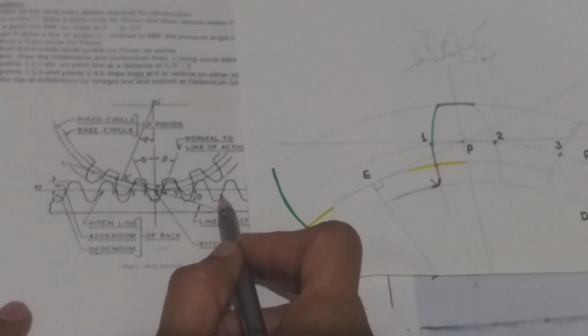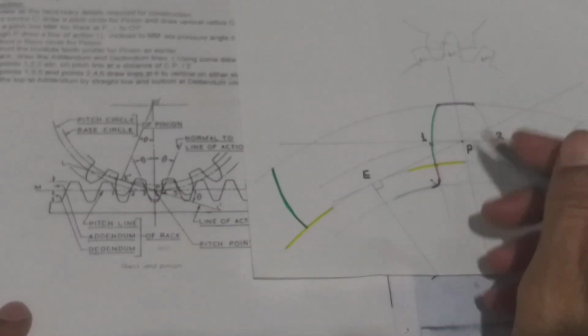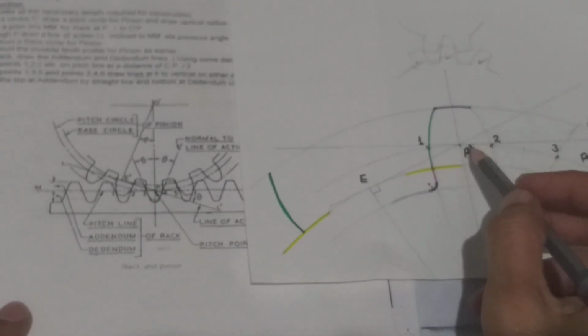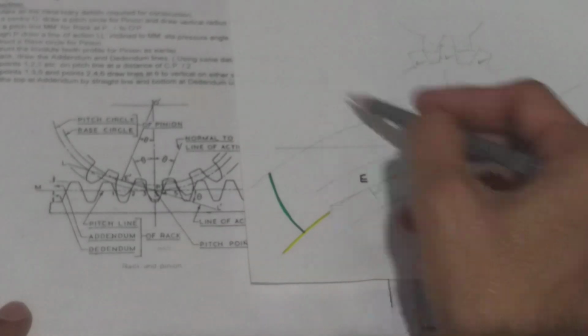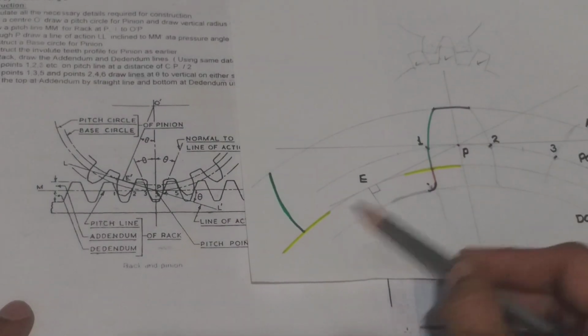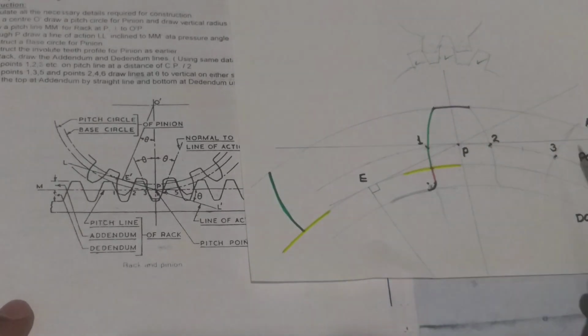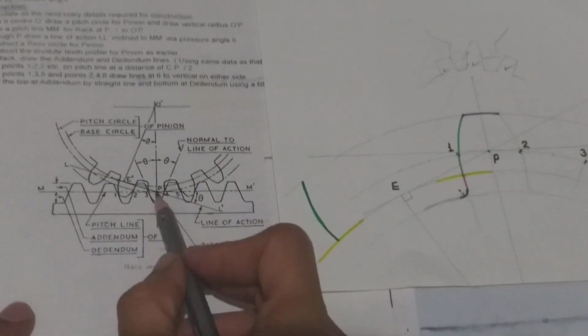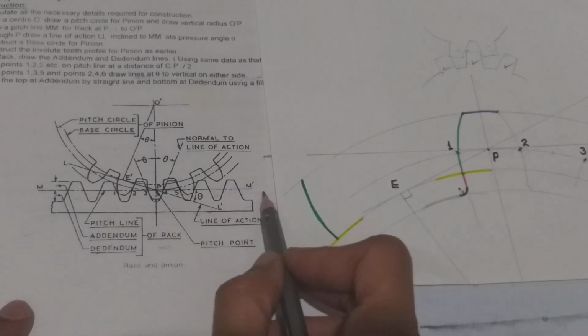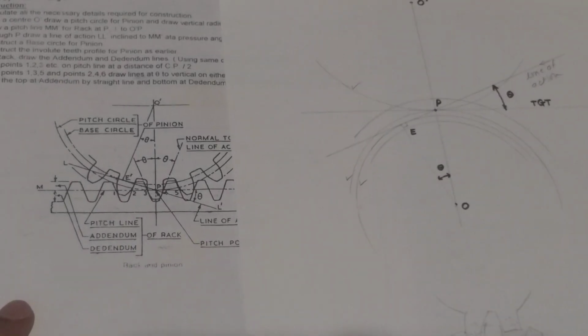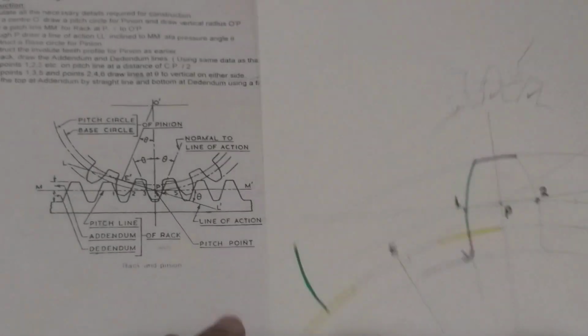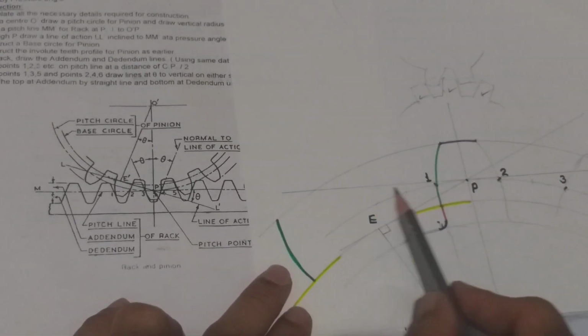For drawing the teeth of the rack, you have point P. Just like here, there was point P and you drew one tooth. Now in this case you have to draw the teeth here, and instead of these teeth, you have to draw the teeth of the rack here. So for drawing the teeth of the rack, the procedure is simple. From this point P, draw a tangent line like we have drawn last time here. Even here we have drawn this tangent line. So this tangent line is there with us.